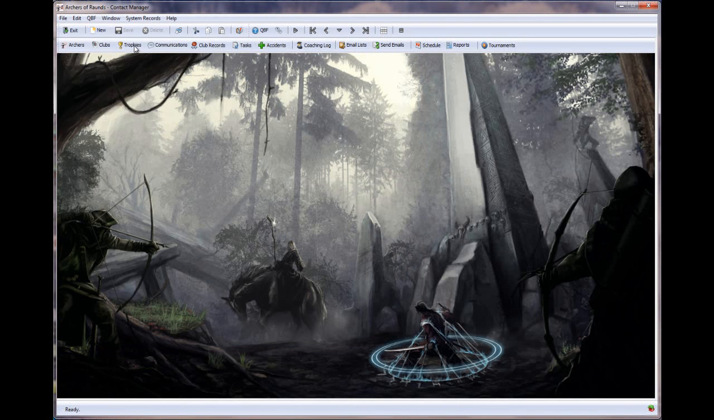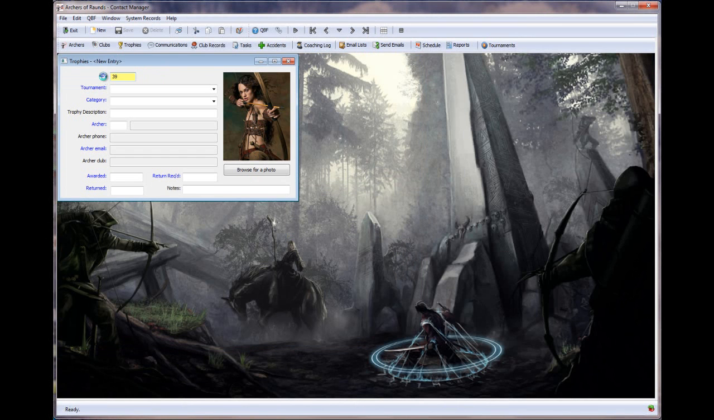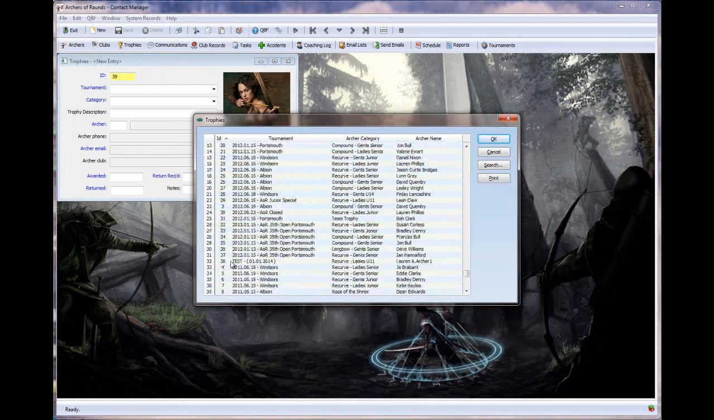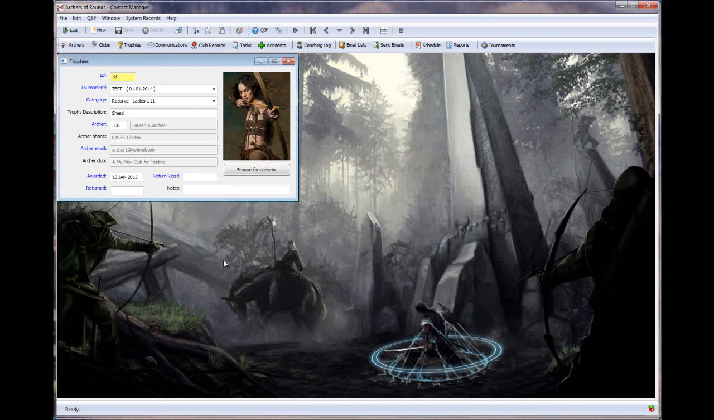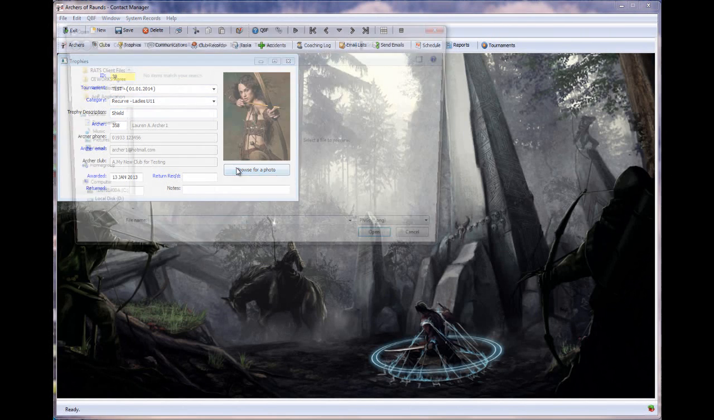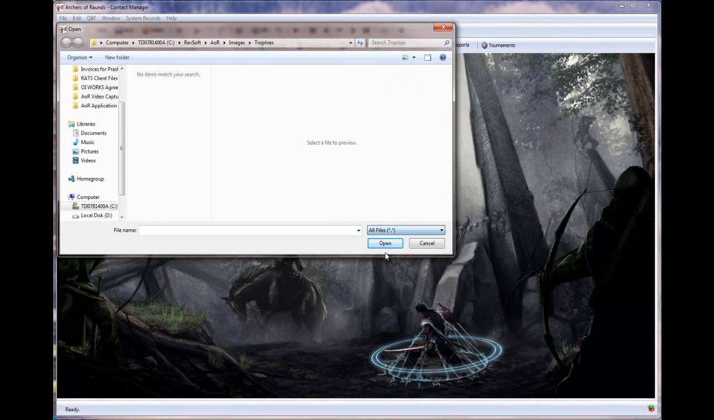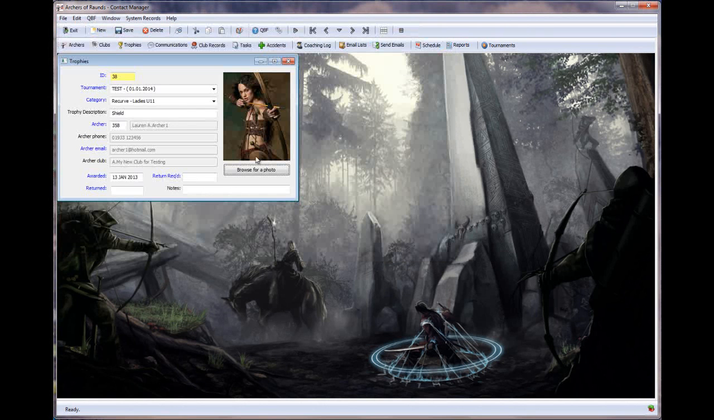Most of us have trophies that we need to manage, so I've got a little module in here. If I just bring up record number 38, you can see that we have a trophy for our test tournament. It's for the recurve ladies under 11 category, and it happens to be a shield. Now if I want to, I can browse for a photograph and save that photograph against the record. So this is the little shield that is this trophy, and who it's out to at the moment,